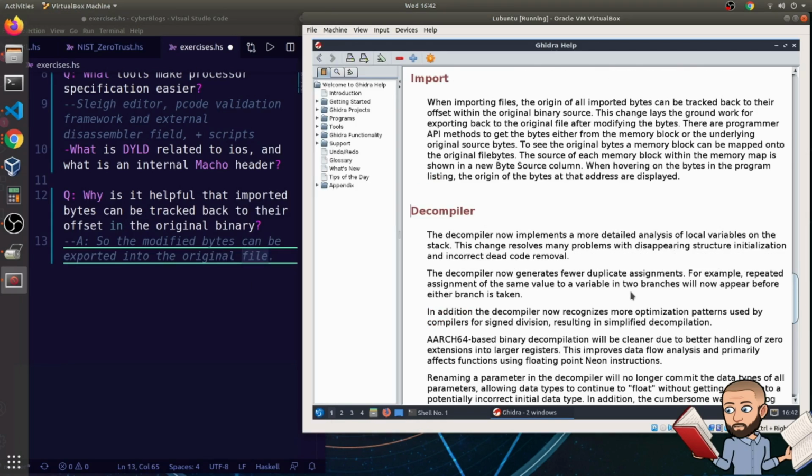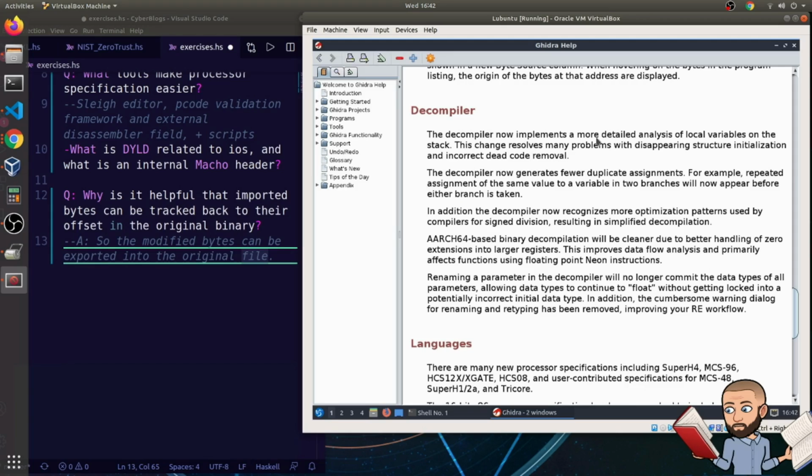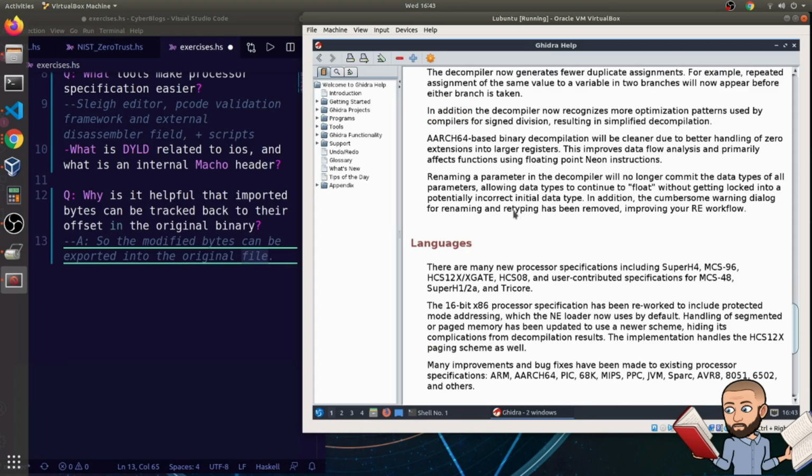Next up over here is the decompiler. It now implements a more detailed analysis of local variables on the stack. This change resolves many problems with disappearing structure initialization and incorrect dead code removal. The decompiler now generates fewer duplicate assignments. For example, repeated assignment of the same value to a variable in two branches will now appear before either branch is taken. In addition, the decompiler now recognizes more optimization patterns used by compilers for signed division, resulting in simplified